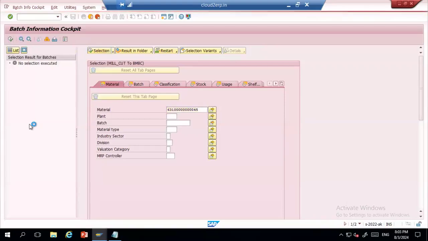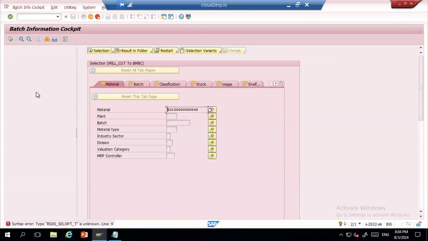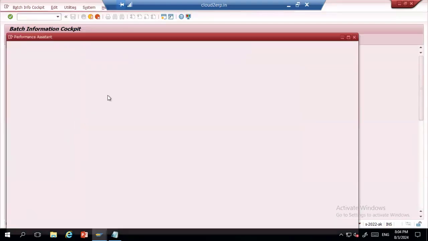If I put the material and execute, it should give me the batch, but this transaction is having an error. If you're facing any syntax error or any ABAP dump, then you need to reach out to the ABAP team to get that result. This information is not getting fetched from here, so I need to reach out to ABAP to check what the issue is. The syntax error is a program error.